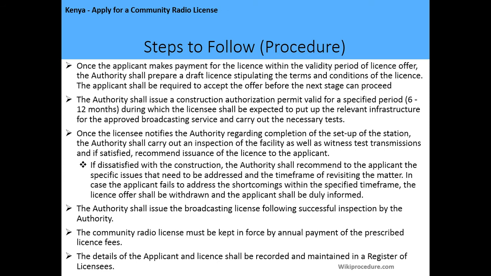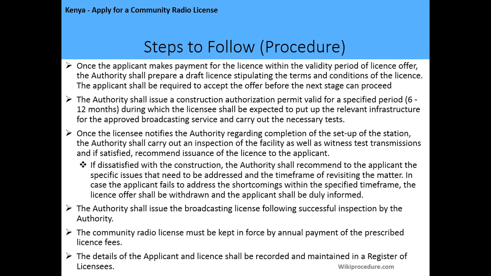the licensee shall be expected to put up the relevant infrastructure for the approved broadcasting services and carry out the necessary test. Once the licensee notifies the authority regarding the completion of the setup of the station, the authority shall carry out an inspection of the facility as well as witness test transmissions, and if satisfied, recommend issuance of the license to the